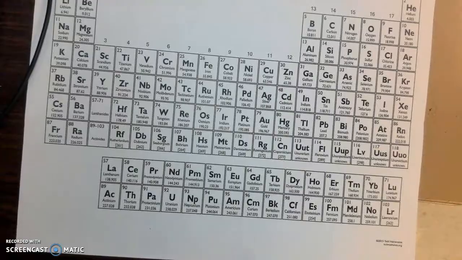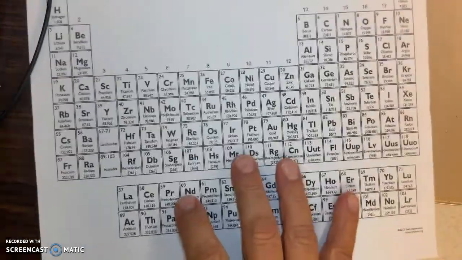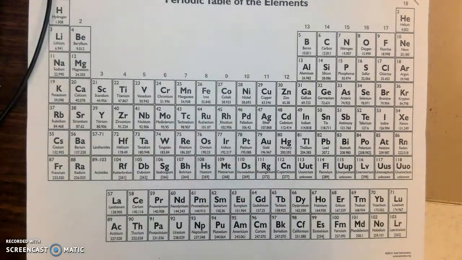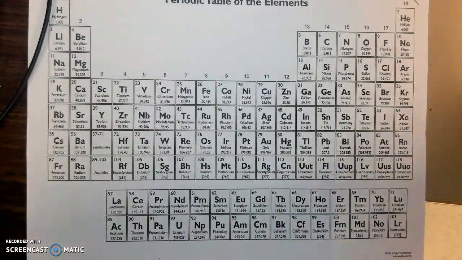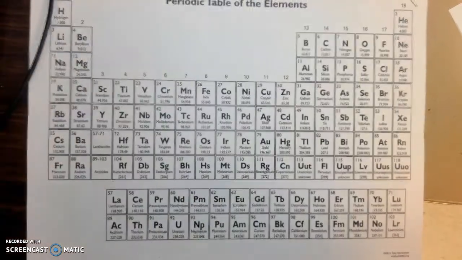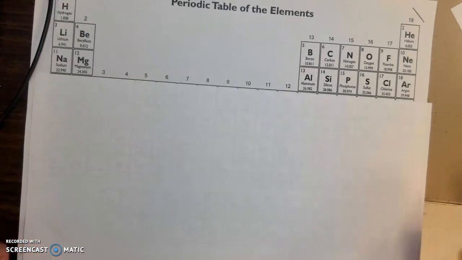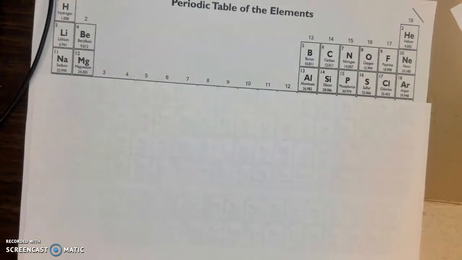Okay, so we're going to go through a few more examples in this video just so that we really fine-tune what we've talked about and what I've taught you. Again, if you can get a hold of a printer and print off a periodic table, there's one in about 3 modules back that you can find, or you can find your own online. Just hit print. So we're just going to practice this a little bit more. One of the things I would do if you want to kind of cheat on your periodic table, I think it would be helpful anyway,